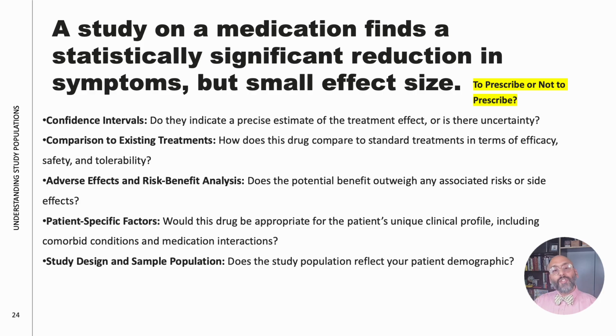So now we have to individualize to the patient. Some patients benefit disproportionately from modest effects, especially when options are limited or prior treatments have failed. Others are going to experience little benefit and substantial burden. So finally, we have to integrate the study itself. Who is included? Who was excluded? And how closely does this population resemble the patient sitting in front of you? This is not about finding the right answer. It's about making a defensible, transparent, patient-centered decision and being able to explain it.